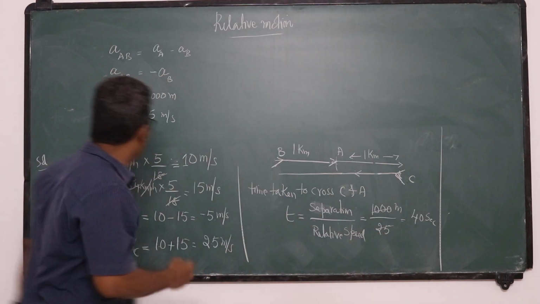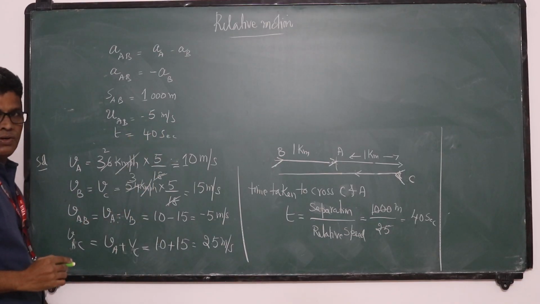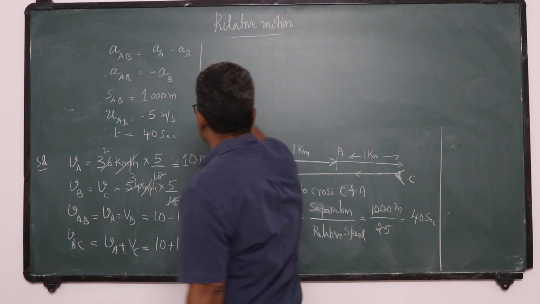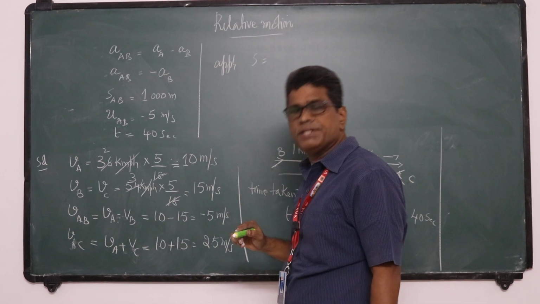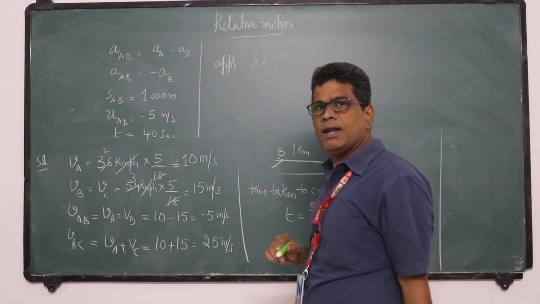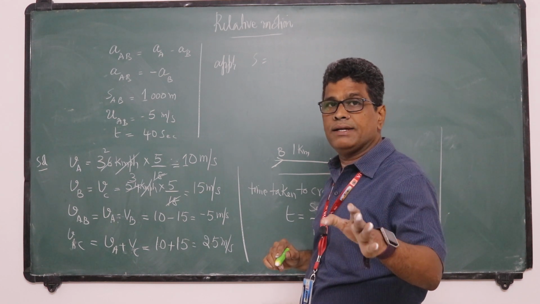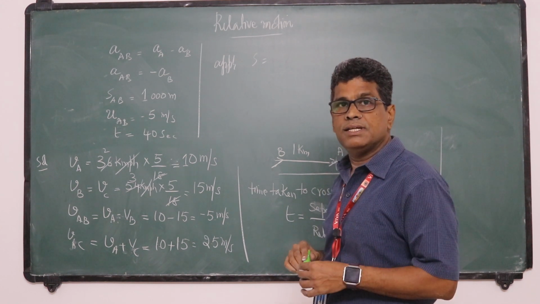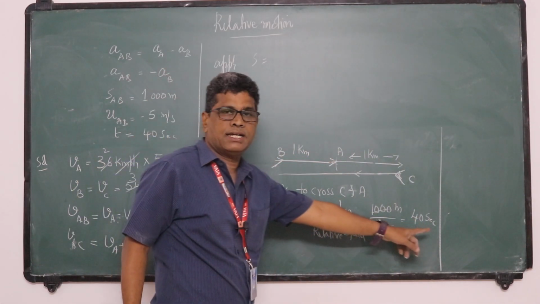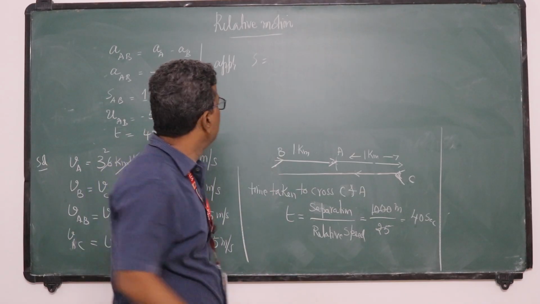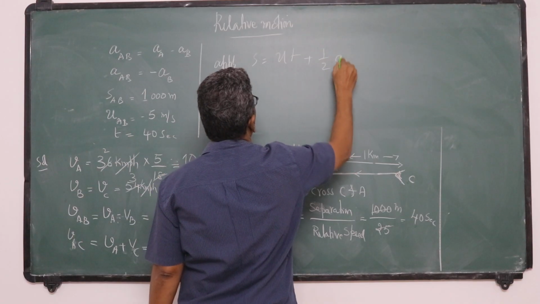In this time, 40 seconds, it has to cross. Physics is an application oriented subject. You have to realize which formula to apply; it depends upon the conditions. Here the condition is that B should overtake A within the 40 seconds. That is, he decides. So I am applying S is equal to ut plus half at square.